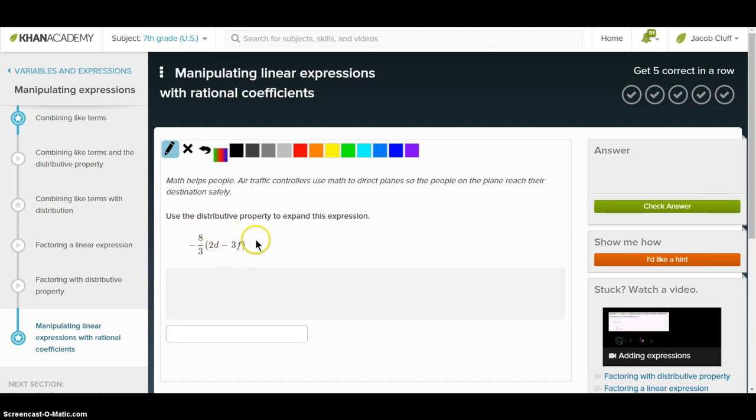So we're going to get rid of the parentheses, and we can do that by multiplying this negative 8 over 3 by each of these different pieces right here. So we'll get negative 8 over 3 times 2d, and then we'll get negative 3f times negative 8 over 3. So we can write this, let's have negative 8 over 3 times